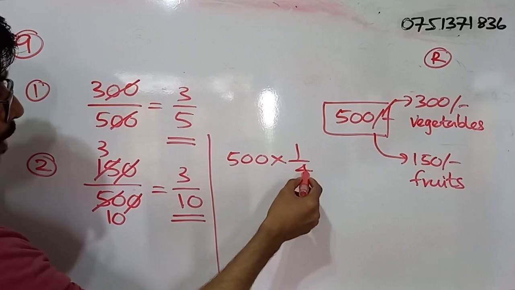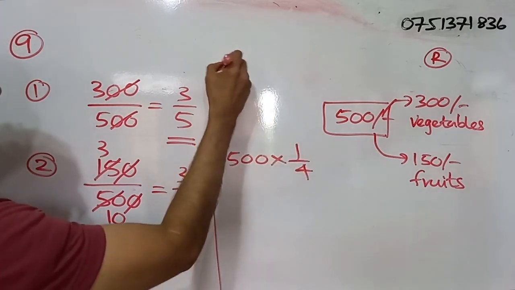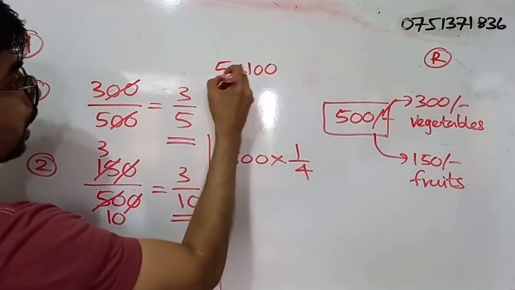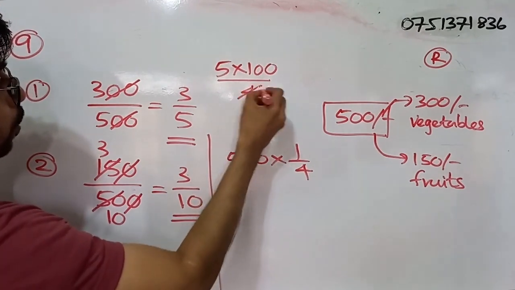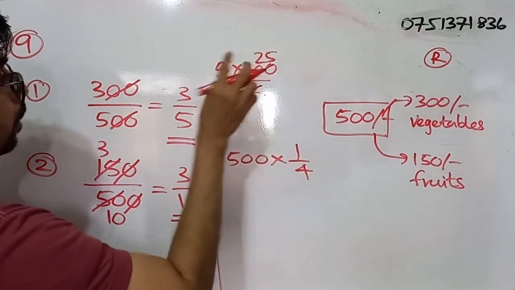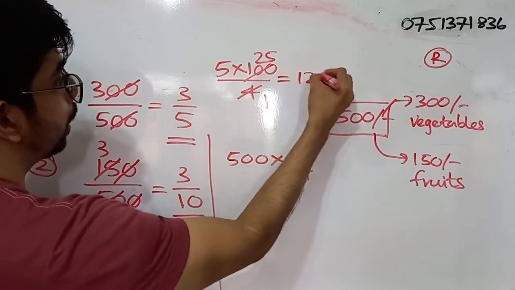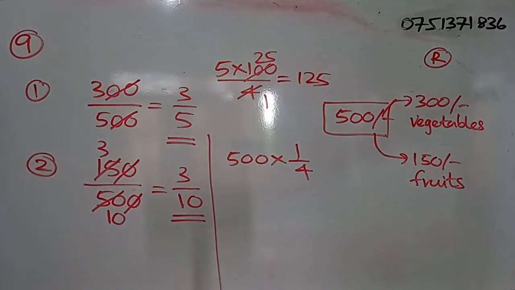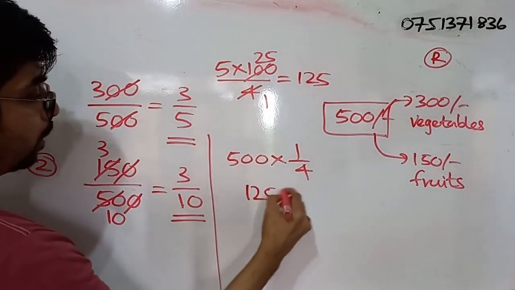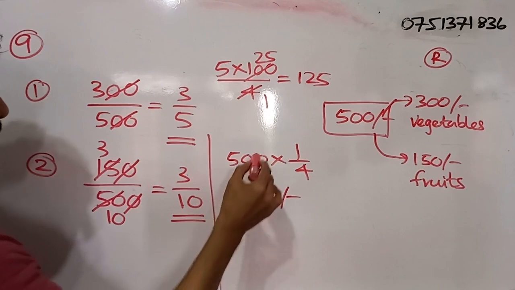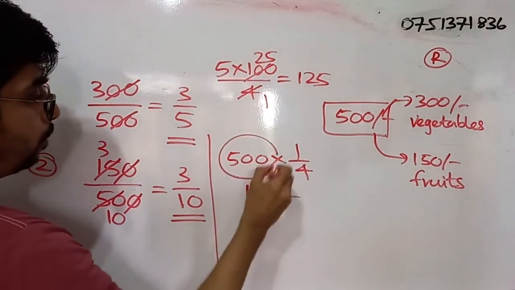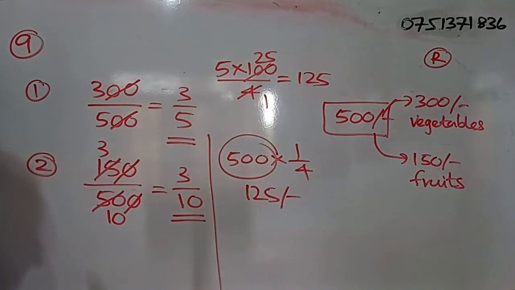So 500 divided by 4. 500 means what? 5 into 100. I have to divide that by 4. So 4 times 1, 4 times 25. So 5 into 25, what will it be? 125. Right? So the amount of money, that is 125 rupees. That means what? A quarter from 500. But,